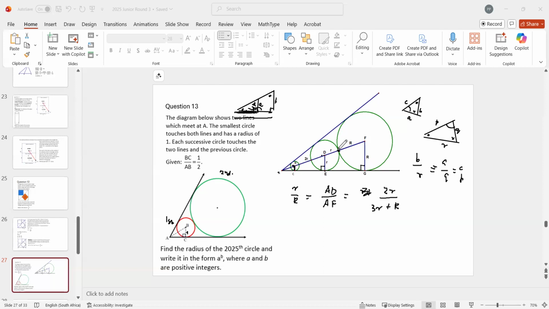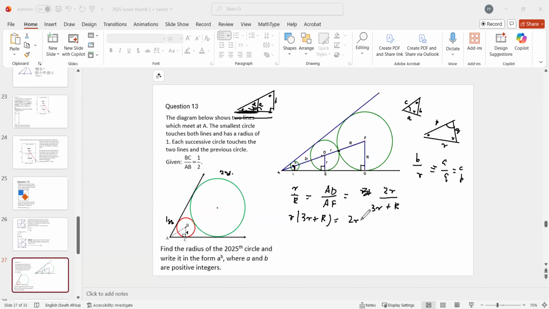Because that's the hypotenuse of this outside triangle. You've got R here, you've got capital R, and you've got 2R here. So the full length is 2R, 3R. 2R over the hypotenuse is 3R plus capital R. So there it is. You have a relationship between these two, and if you cross multiply, you have R into 3R plus capital R